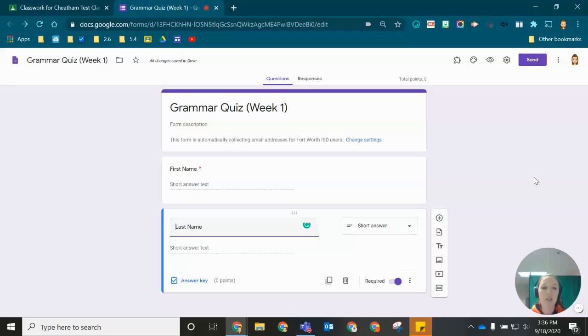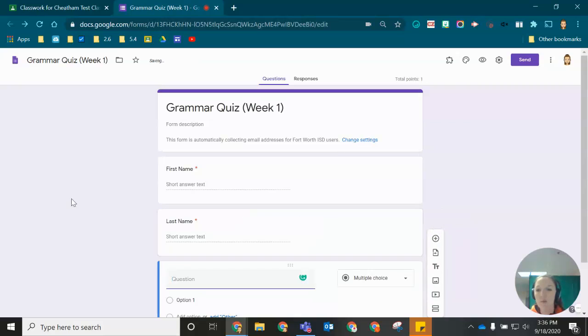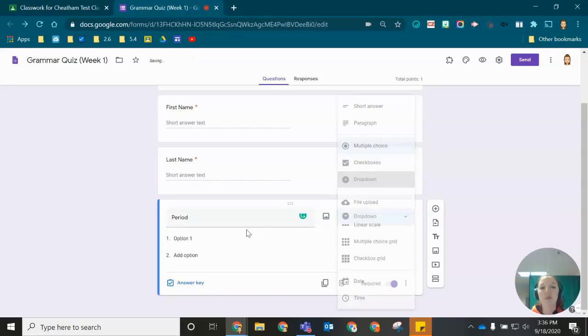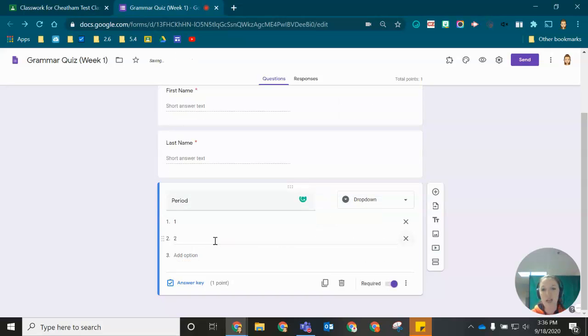If you are a teacher who teaches multiple classes, your next question will probably need to be something like period, or it might be homeroom teacher, something along those lines, so you can identify which class is taking this quiz. Again, this helps when you sort the data later if you wanted to look at it in a spreadsheet. So I like to ask this question, and typically I choose a drop down for this, and I might say,